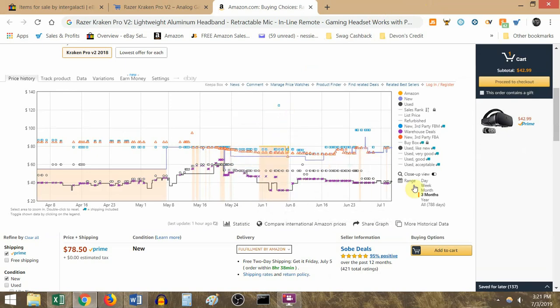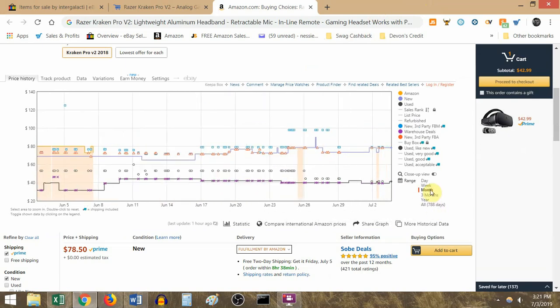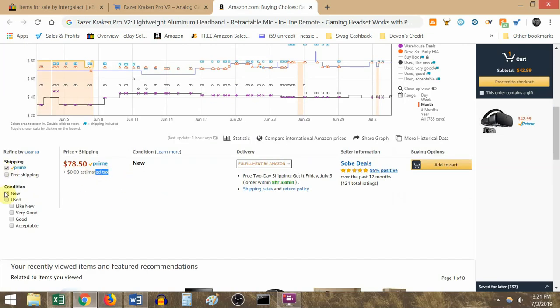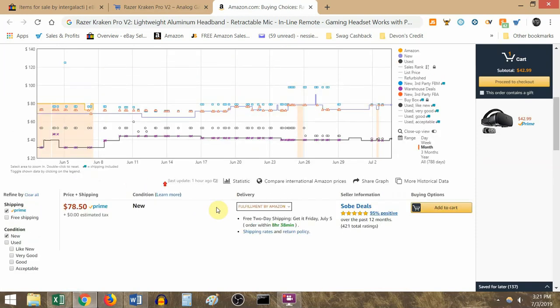So once you have this installed, you go to the month chart, and you see how many have sold in a month. You can count this if you want to. 1, 2, 3, 4, 5, 6, 7. I'm counting the orange triangles, by the way, which means a new Prime Amazon fulfilled package, which means I purchased